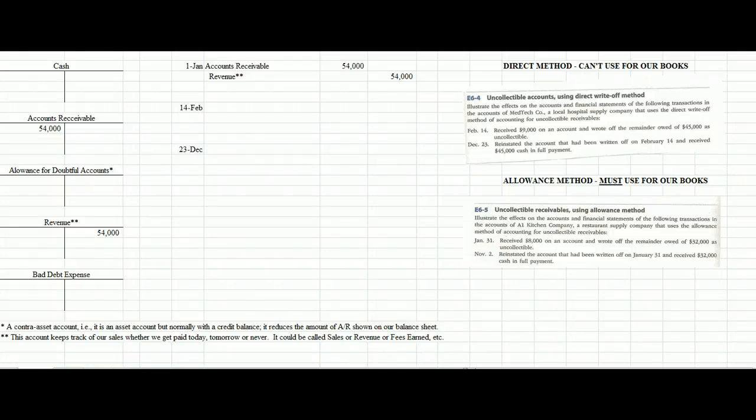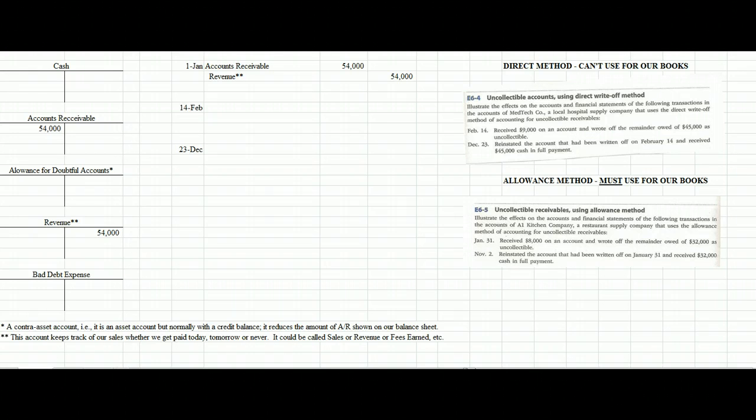Exercises 6-4 and 6-5 talk about what happens if somebody doesn't pay us. We send out an invoice and we don't get paid. Exercise 6-4 is the direct method. That's the only one we can use for our taxes, but we are not allowed to use it for our